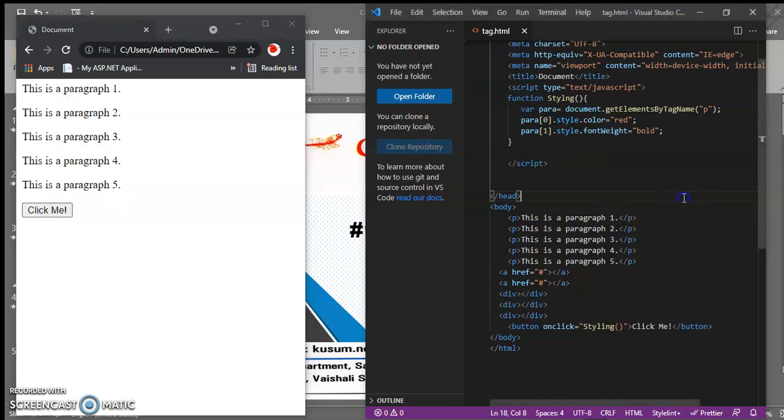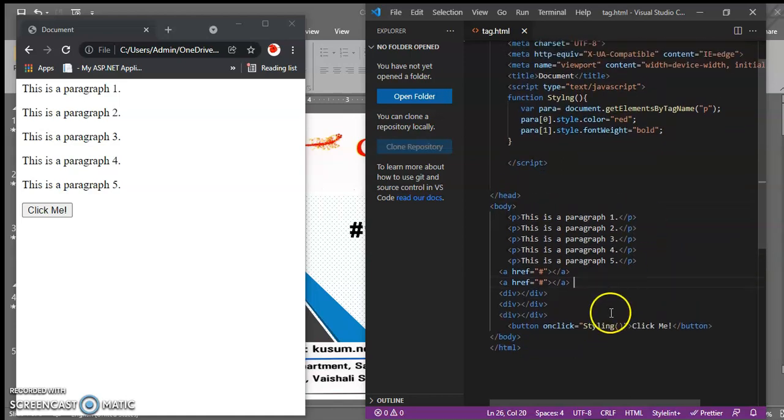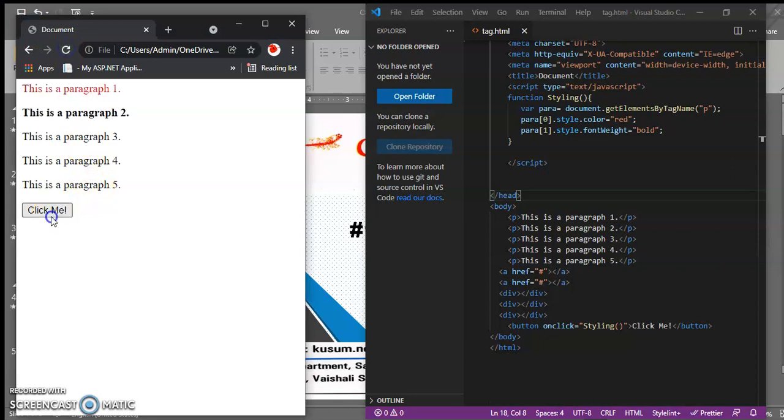So what is the mistake here? getElementsByTagName is okay, para 0 dot style dot color is okay. Then the problem is the name of the function is not correct. So copy this, paste it here, save it, refresh the browser and click on the button. You can see the first line is now red, the second line is now bold.